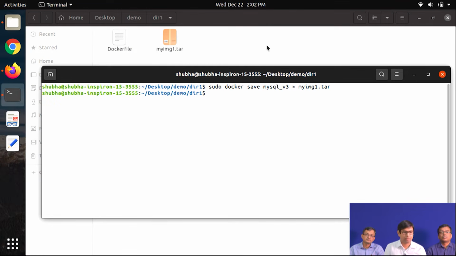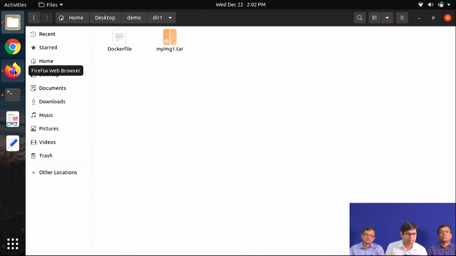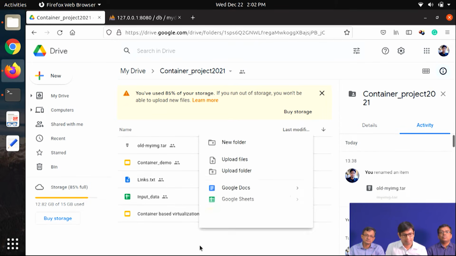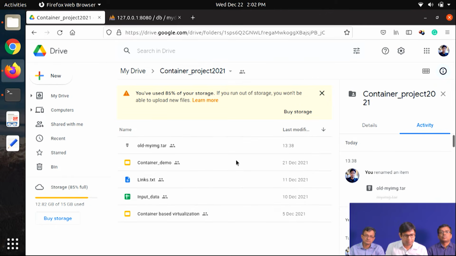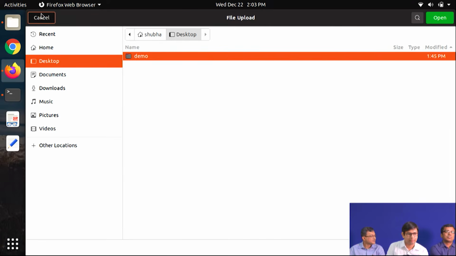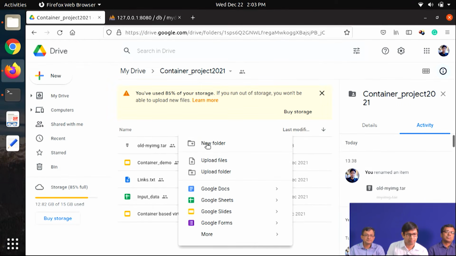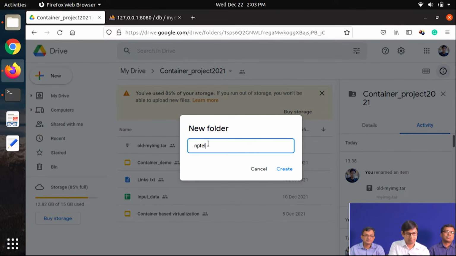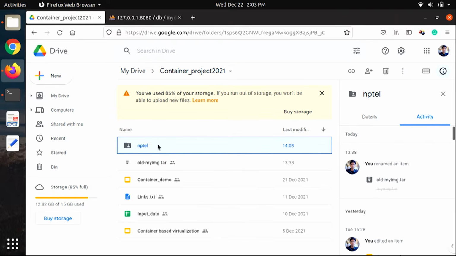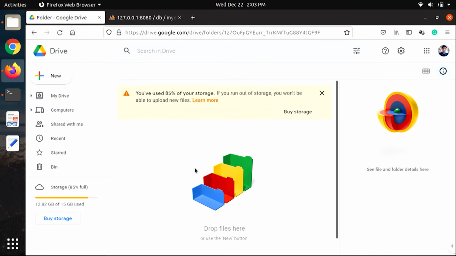Now let us upload this one in a shared directory. You may create a directory nptel or something, that will be easy to identify. Here we will upload.